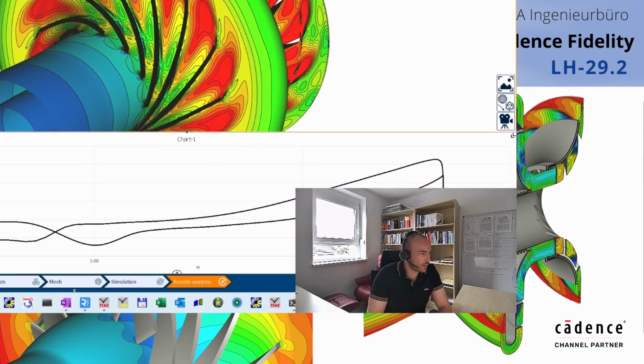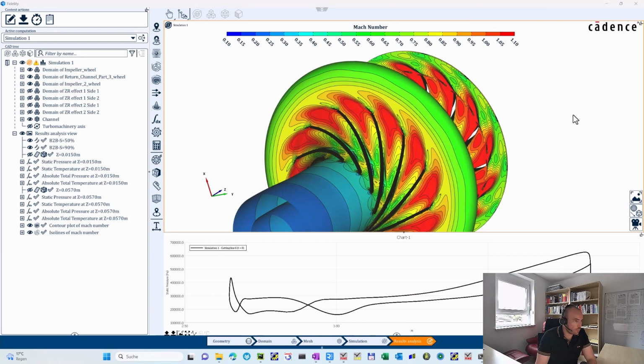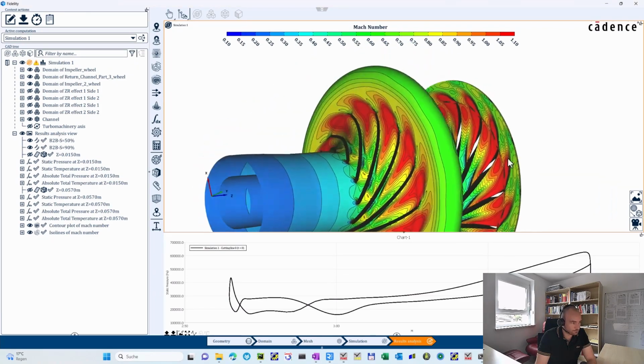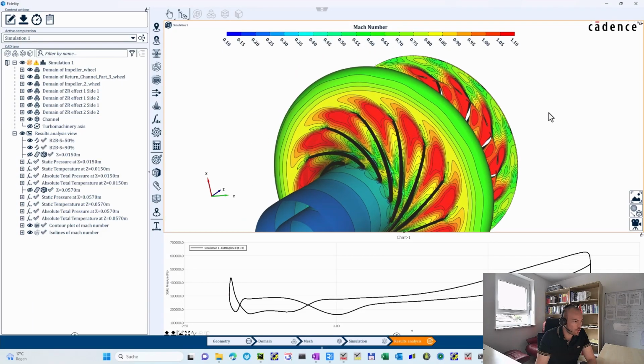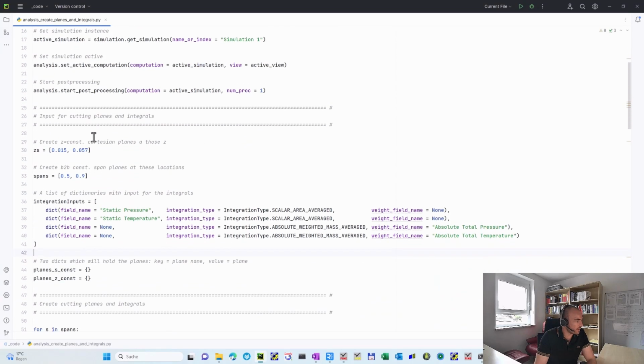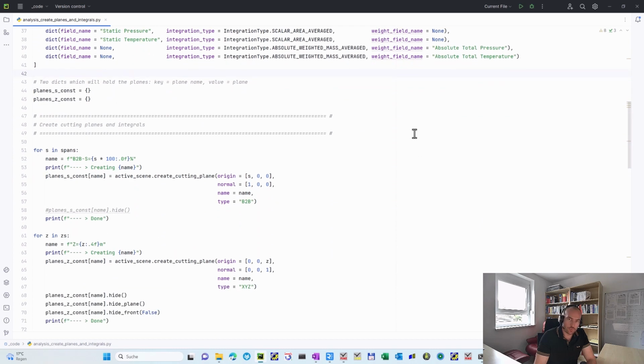So what are we going to do? We will again focus on our demo case from the last time, and I will show you a way how you can create contour plots, how you can create a Cartesian plot, and create integrals, all just using the Python API. And we will go through a script that I wrote, and I will talk you through this in about